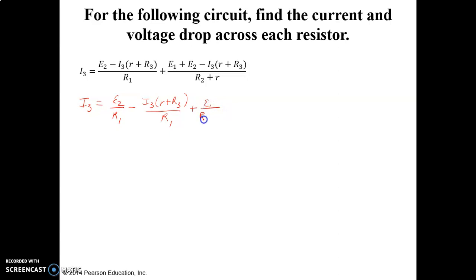It's E1 over R2 plus R plus E2 over R2 plus R minus I3 times R plus R3 over R2 plus